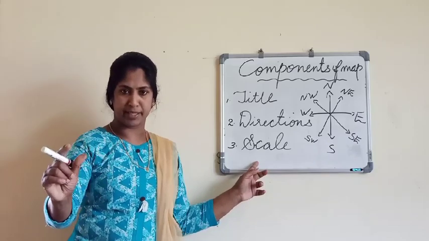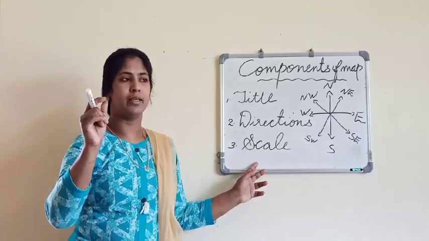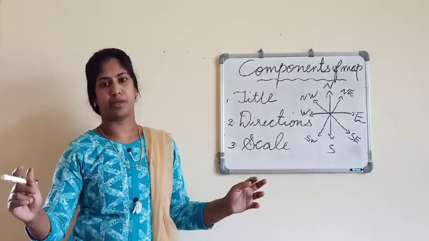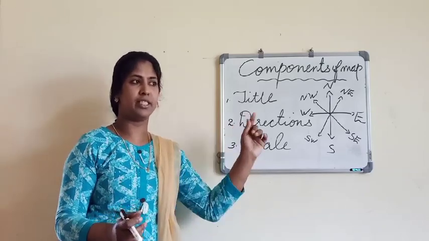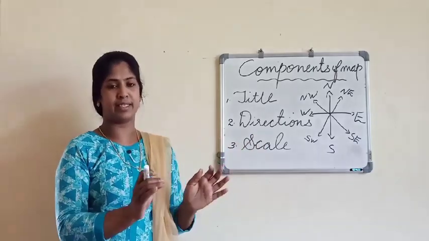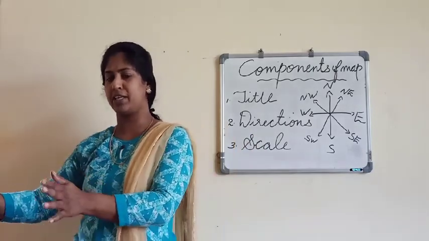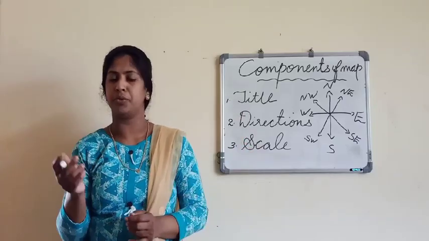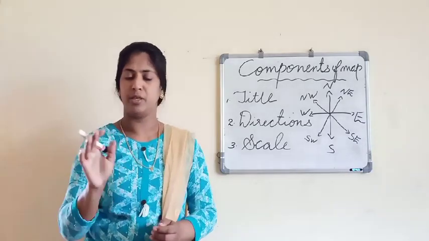So what I am explaining is about the scale. In the verbal scale method, we just write or verbally state that 1 centimeter equals 50 kilometer. We are representing this 1 centimeter distance on the map as a real distance. If the ground distance is 100 kilometer, we have to write it this way: 1 centimeter equals 100 kilometer. That is the verbal method, but it is not very popular.